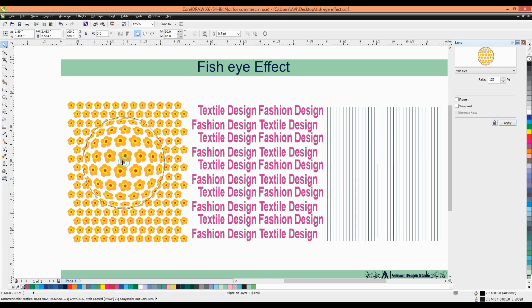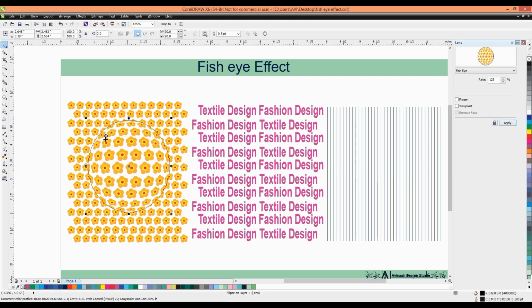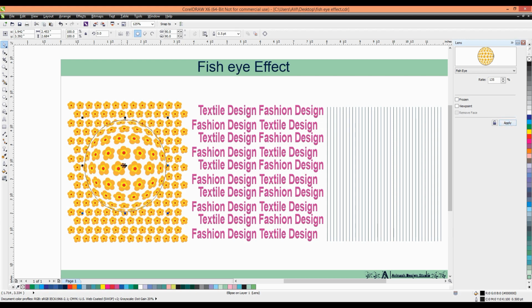When we drag it outside of the pattern, it's not visible because there is no pattern. When we drag it onto the pattern, it can be visible. It looks like a convex mirror or a fisheye effect. We can increase or decrease the percentage from the fisheye option and then apply.